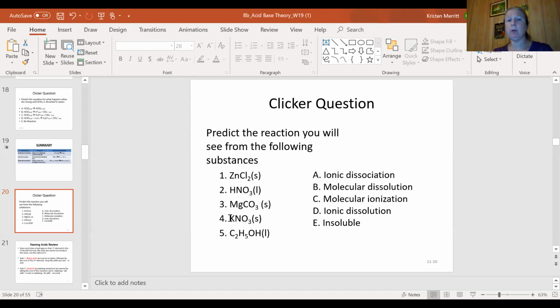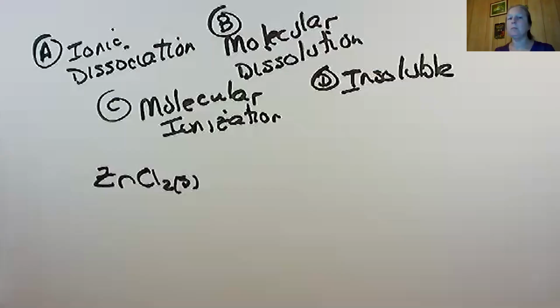Potassium, sodium, and ammonium are always soluble. And this is ethanol. It's not on our solubility table. Now I'll go to the whiteboard. We'll work through these now that we've looked up solubility. So zinc chloride, we looked that up when we said,